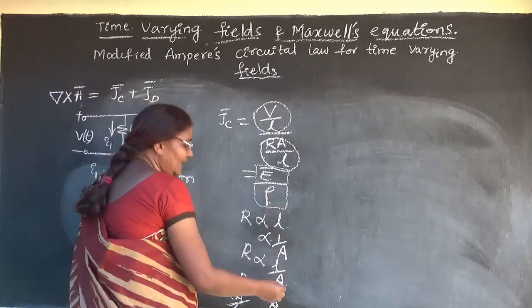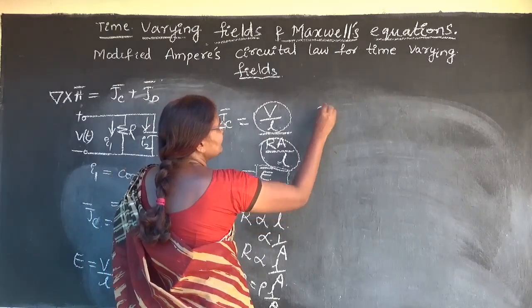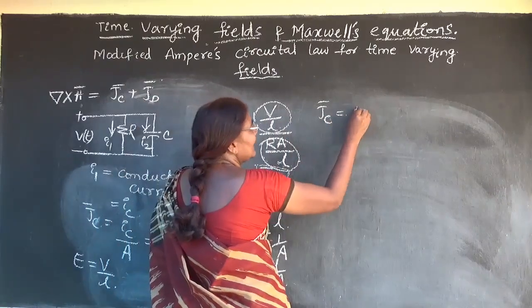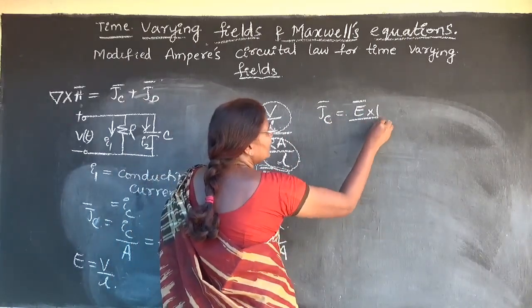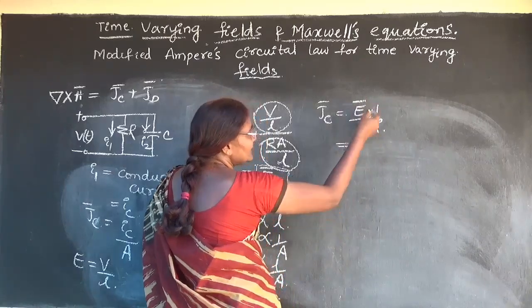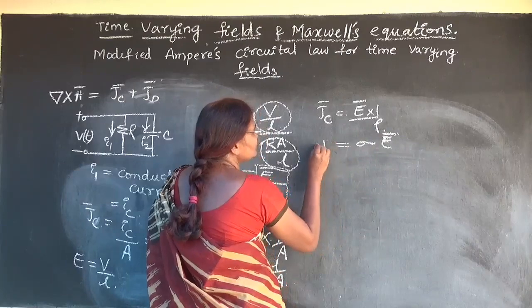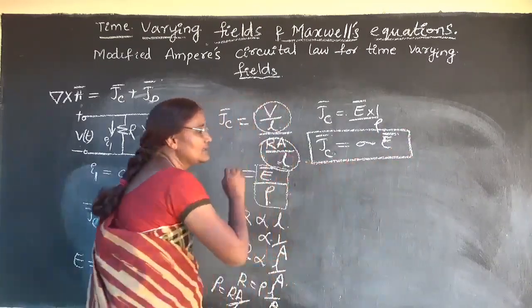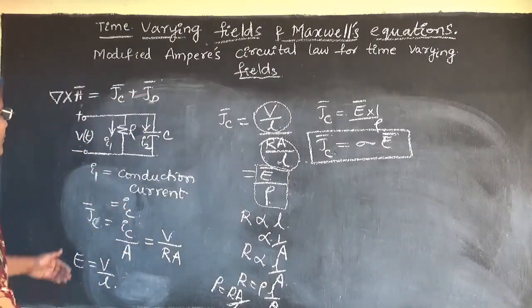So what is 1 by rho? So 1 by rho is going to be J_C bar is equal to, the top one is E bar, and this is 1 by rho, resistivity reciprocal is sigma E bar. So J_C bar is equal to sigma E bar. This is the conduction current density. Now I go for the